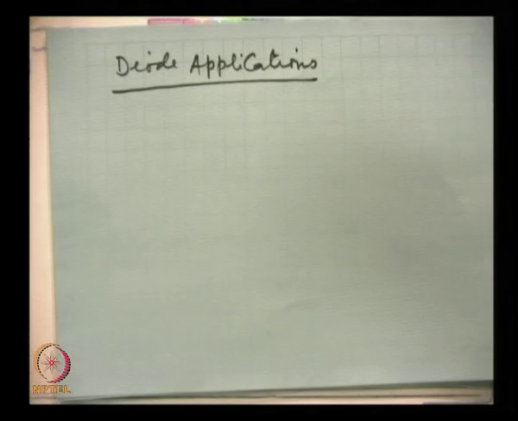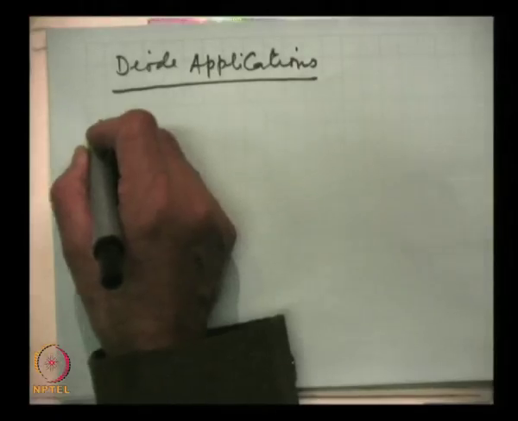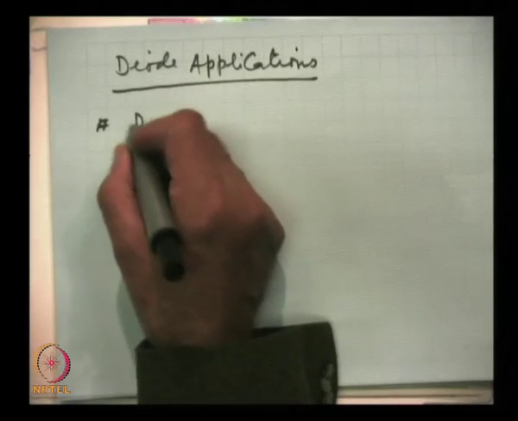These diode applications, different kinds of circuits are there which make use of these diode properties, and we will be discussing them one by one. So, some of the applications which we will cover are